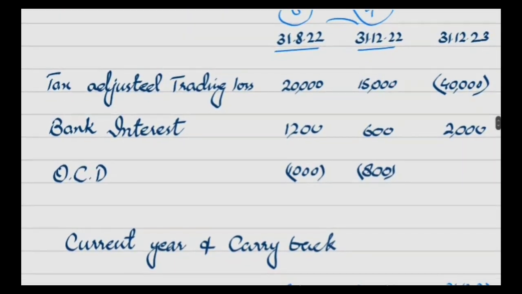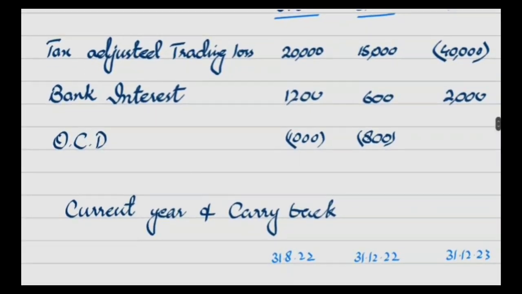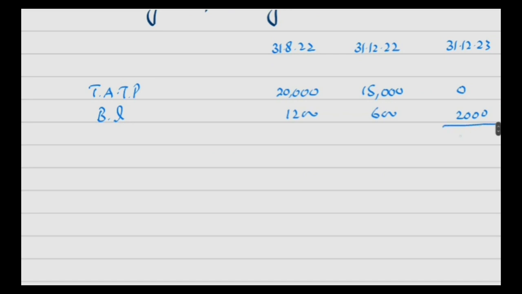Then we have 1200 of bank interest, 600 and 2000. Then we have QCD in the first 2 year 1800. So first we have to use this current year and set off our loss of 2000 against current year. Now we have 0 total profit and there is no QCD. Then the previous tax year, year 31st December 2022, this is 15,600 and we have a